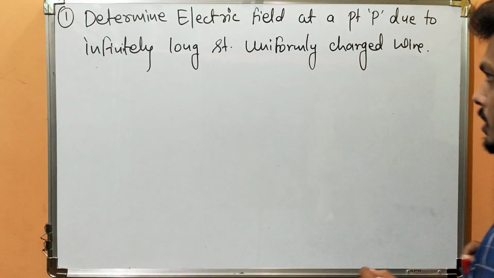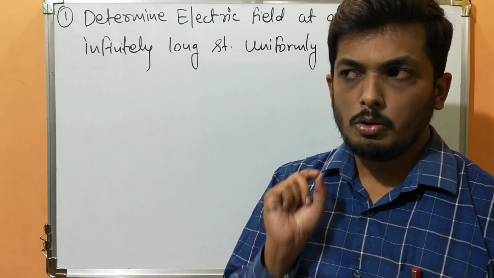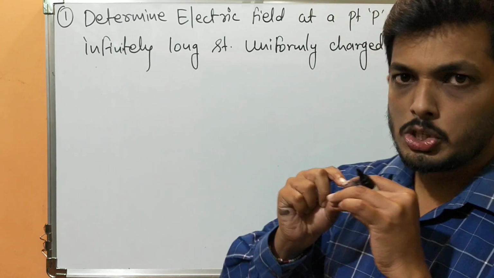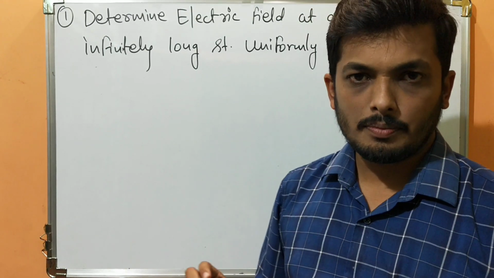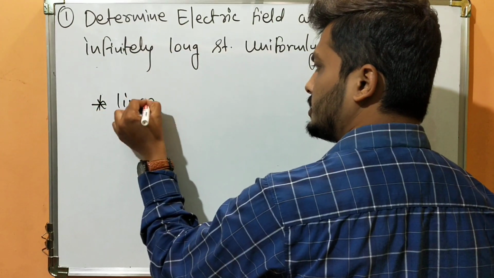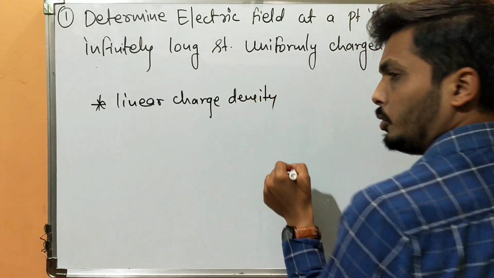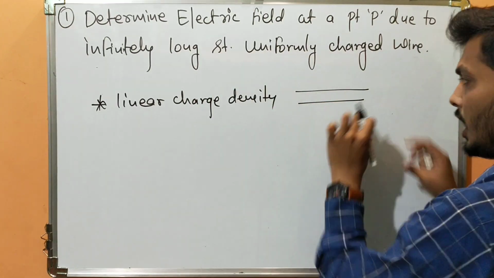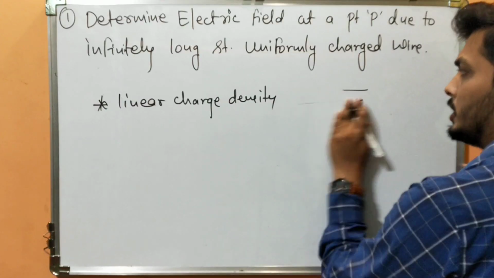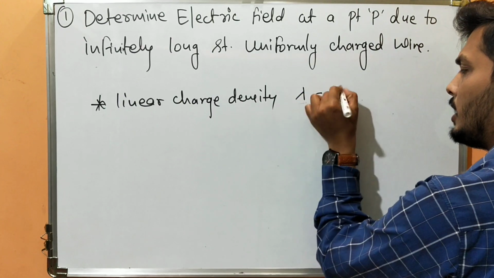Before that you should know certain concepts. You might have studied charge distributions over materials. If the charge is distributed over a unit length, it is called linear charge density. Do you remember, if there is an infinitely long, very thin wire of negligible thickness, the charge distributed over its length is known as linear charge density, denoted by lambda. Lambda is Q by L.